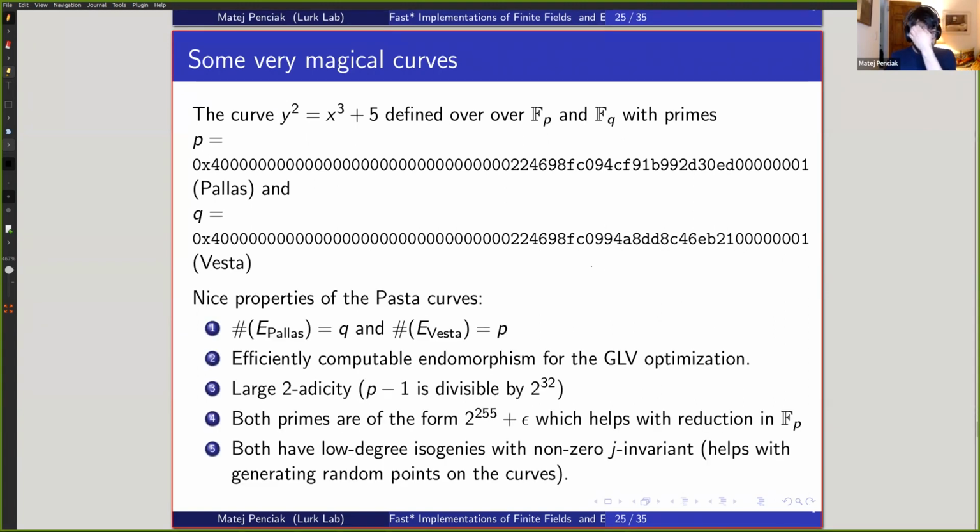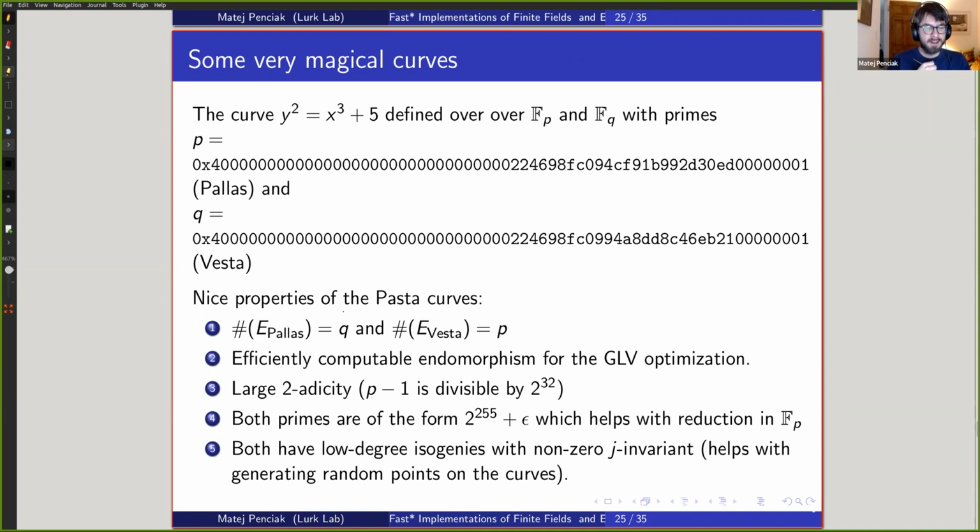The nice properties that Pallas and Vesta, which have been concatenated into "pasta," have is that the number of points on one is equal to the base field on the other. So they create a so-called cycle of elliptic curves. And finding cycles of elliptic curves is really important for recursive zero-knowledge proofs in zero-knowledge cryptography, but